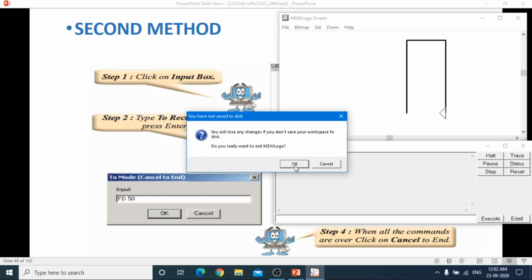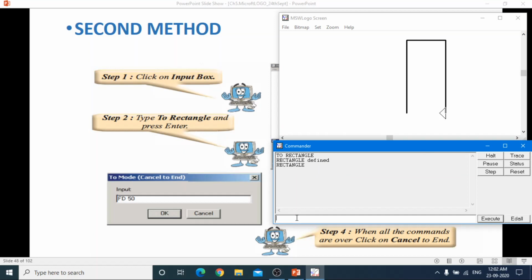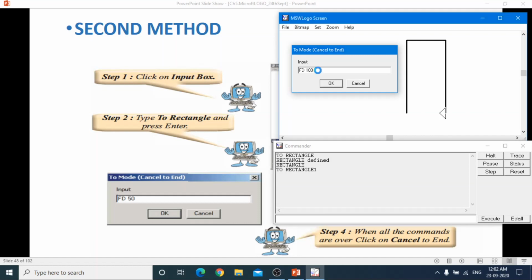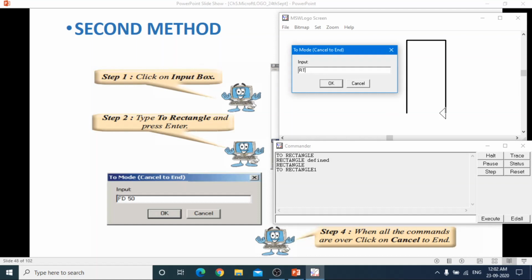the rectangle again, okay. Or otherwise I can define rectangle 1, 2, okay. Now it will give you input. How? Again FD 100, then RT 90. Now for the next